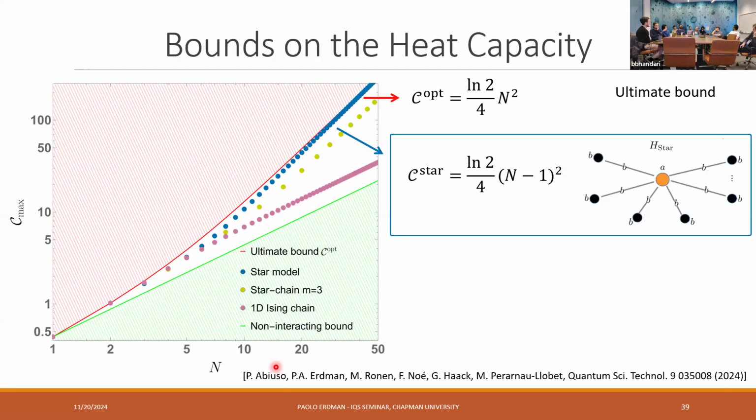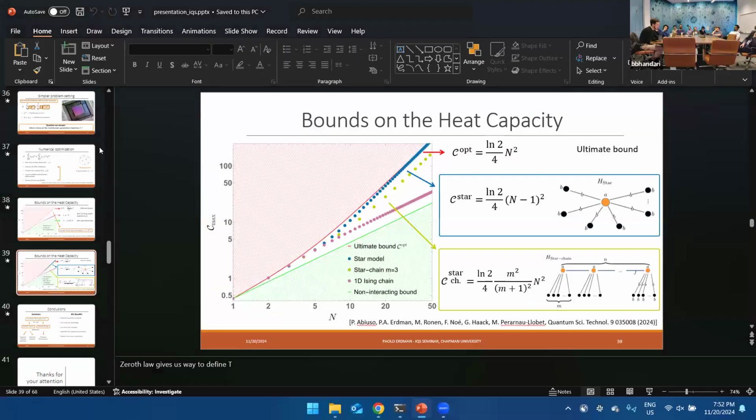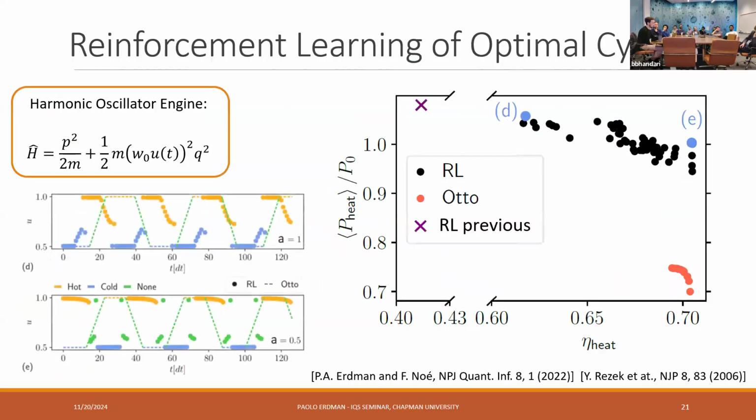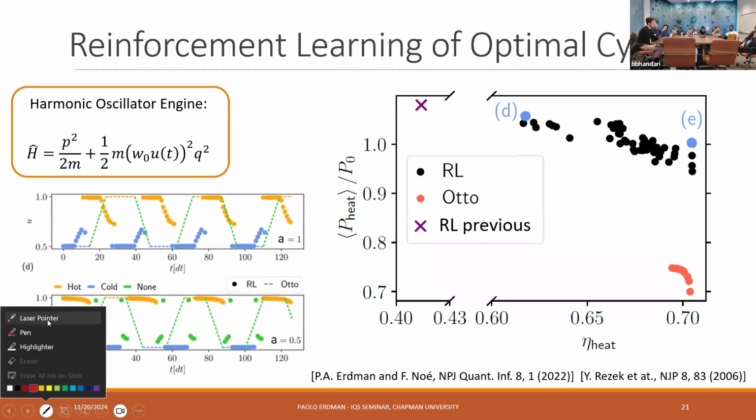In the reinforcement learning part, you mentioned that from an analytic expression you got some power out of it, like work extraction. But then when you did the reinforcement learning, you found almost the same thing, but a different level of extraction. So why? Maybe let's see. Was it this one here you're referring to? Yes.